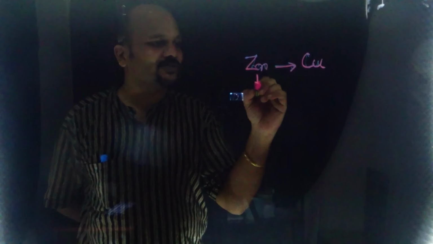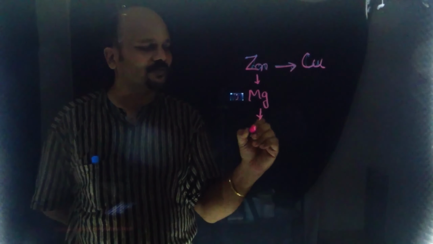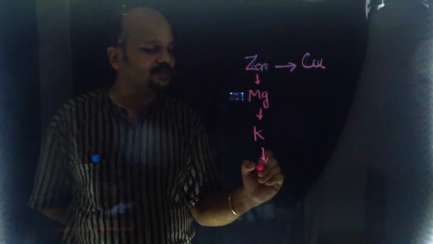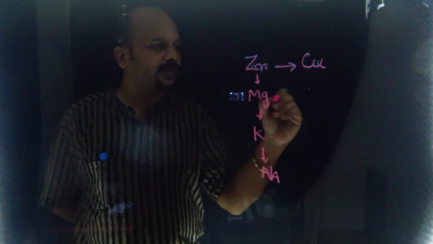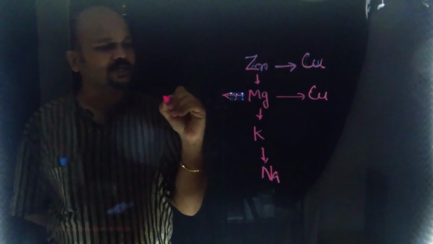Okay, so instead of zinc, you can also use magnesium. There are many metal combinations you can use. You can also use potassium. You can also use sodium. So magnesium, if you are connecting it with the copper, of course, magnesium will be decomposing into